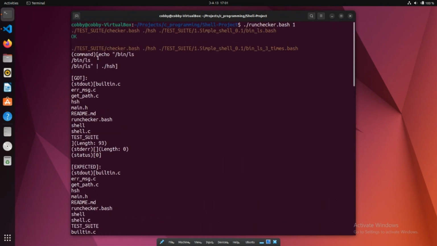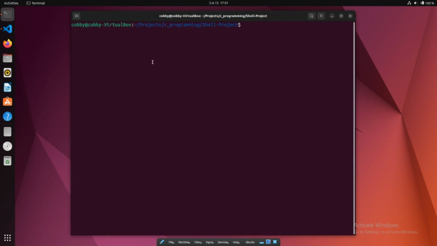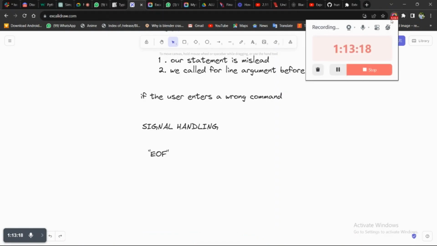So that is how to use the test suite. So this is for task one. So yes. So is it clear now? Yes. So that is how to use the test suite. So basically, that is the end of our meeting for